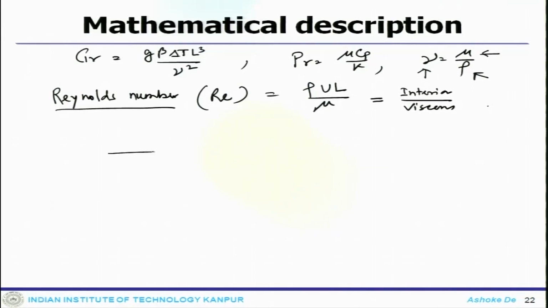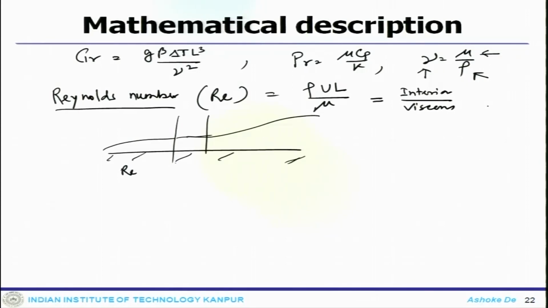Let us say, for example, if you look at a flow over a flat plate, the flow propagates like that, and after some region it goes like that. So, this particular region up to some Reynolds number, this is the boundary of Reynolds number 1, then this is the Reynolds number 2. In this zone the flow is laminar, then in this zone it is turbulent. So, depending on the Reynolds number, one can classify the flow to be laminar or turbulent.